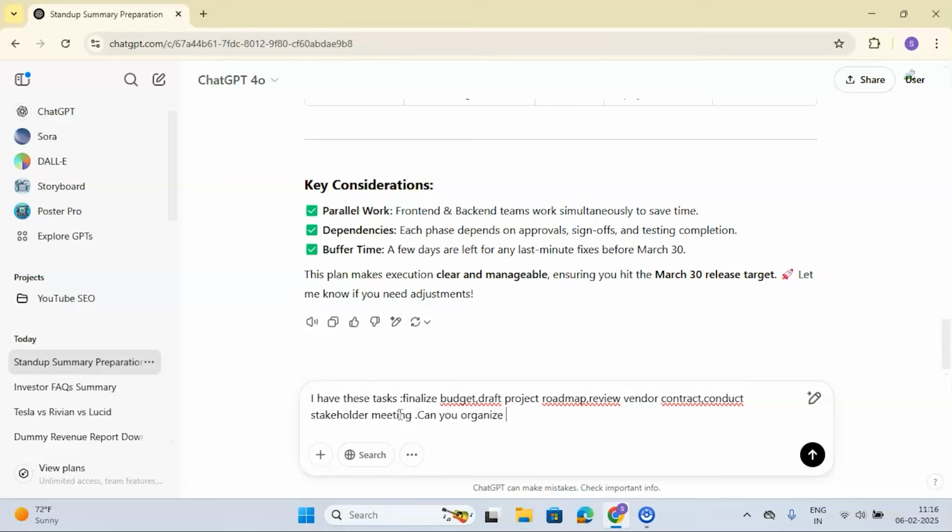I will see its organization skills also, organize them into a to-do list,